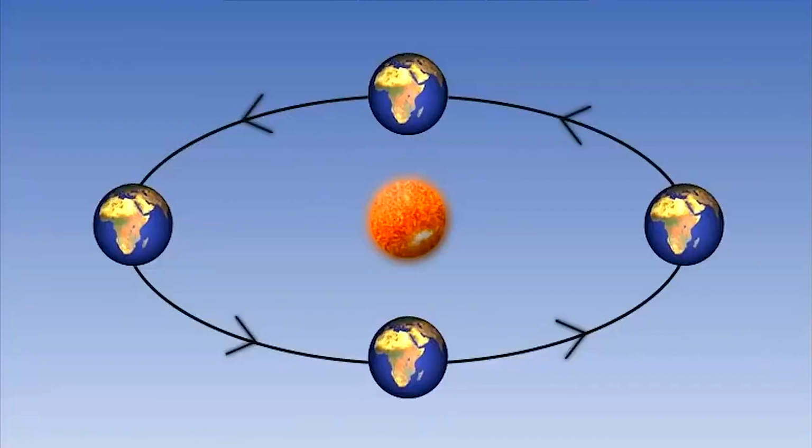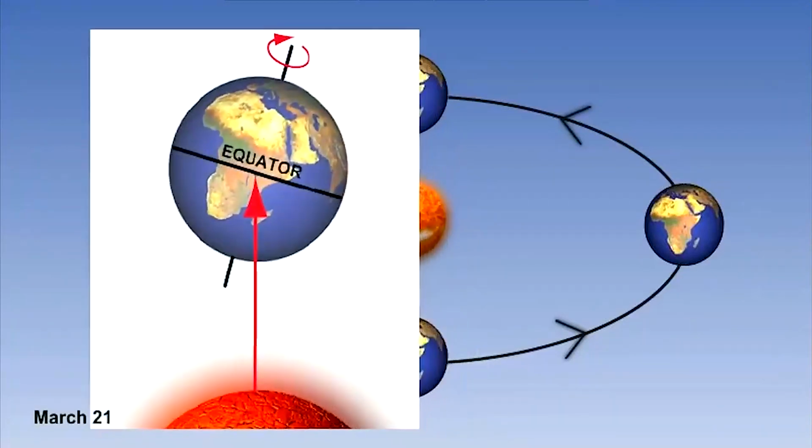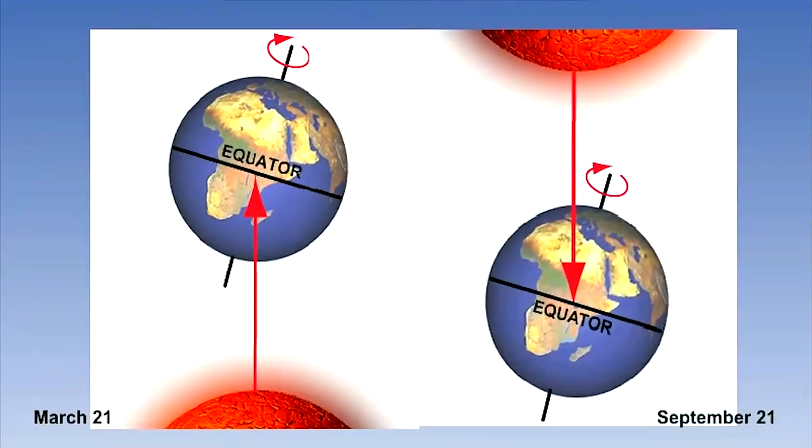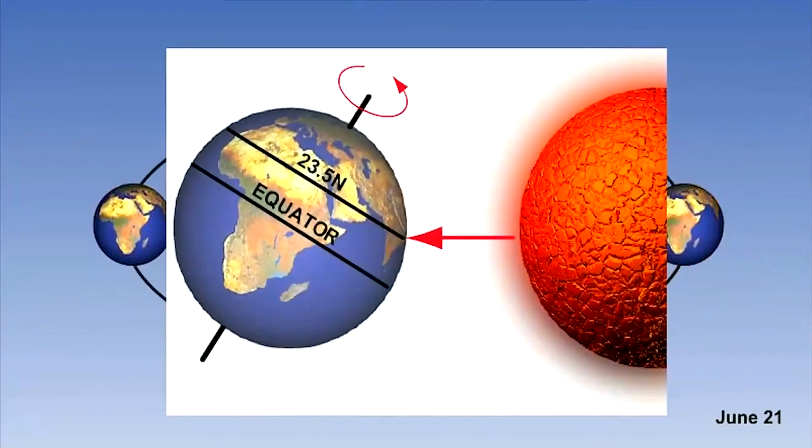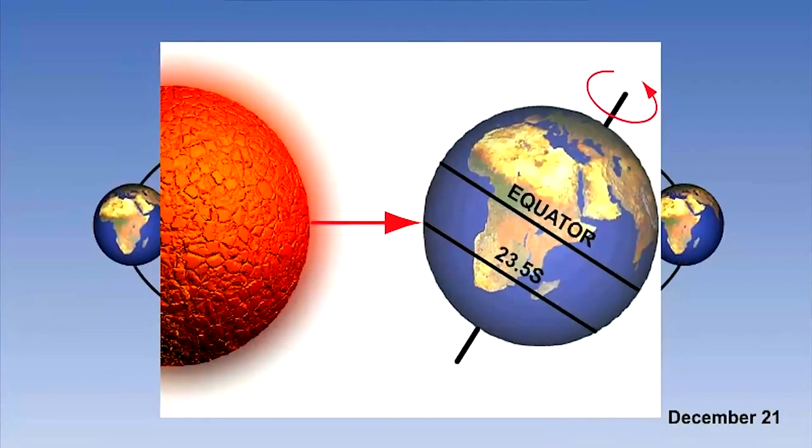Each year, on 21st March and 21st September, the Sun is directly over the equator. These occasions are known as the vernal and autumnal equinoxes. On 21st June, the Sun is directly over the Tropic of Cancer, and the northern hemisphere enjoys its summer season. Similarly, on 21st December, the Sun lies directly over the Tropic of Capricorn, and the southern hemisphere is in its